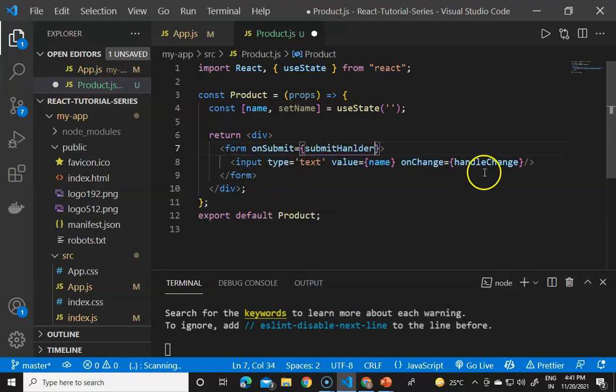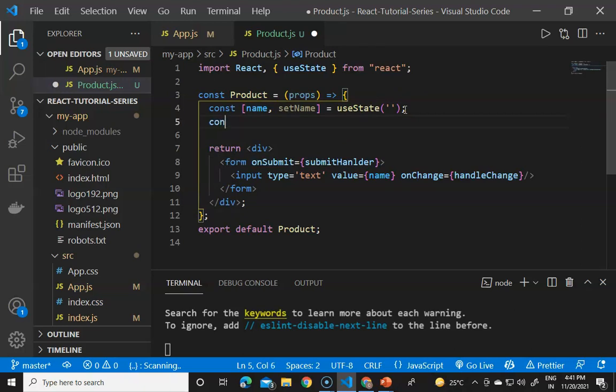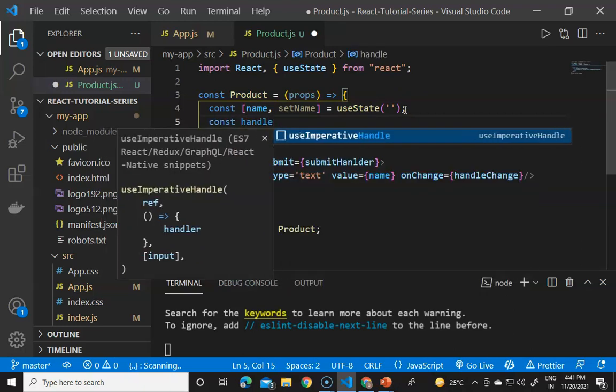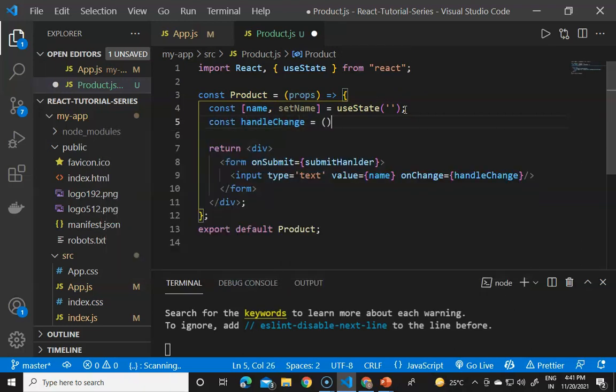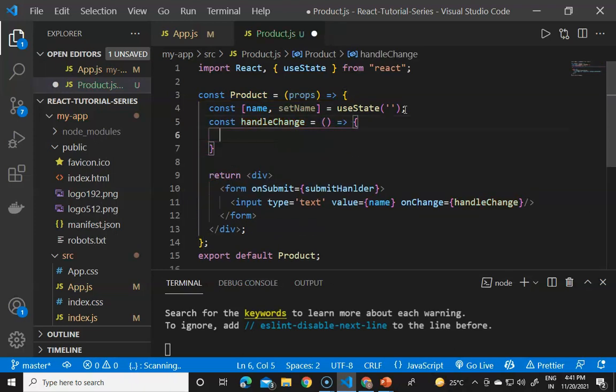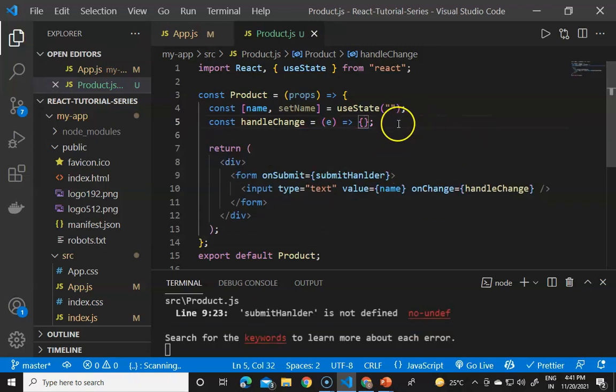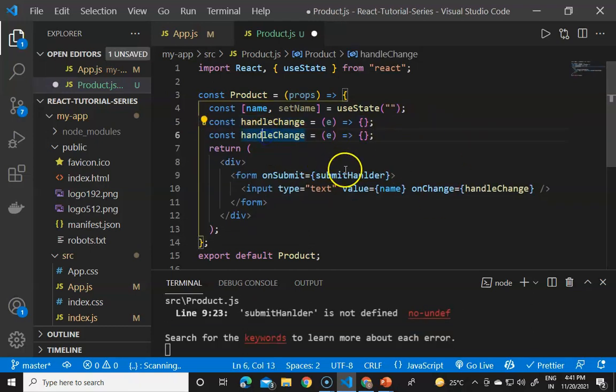We have to add these two functions, handleChange and submitHandler, before the return, as const handleChange equals a function with a parameter event, and the same for onSubmit as the submitHandler.